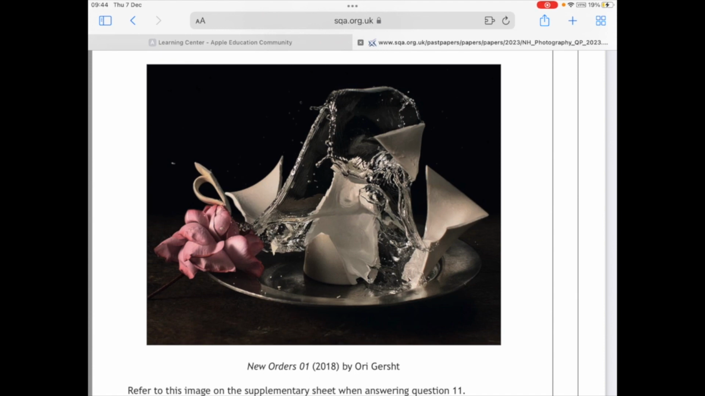marks? So a high ISO setting has been used to balance exposure, because the photographer has used a fast shutter speed to capture the cup breaking. Okay, so again, there is reference to the image there. So the photographer had to put the ISO up, yeah, because they are using a fast shutter speed,